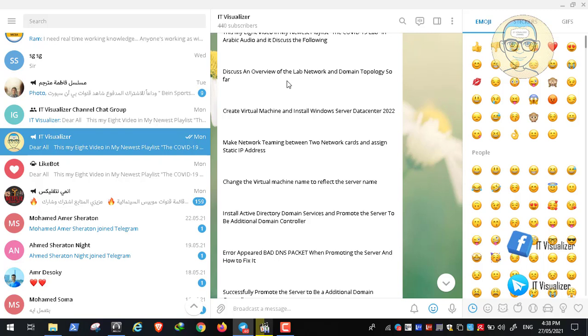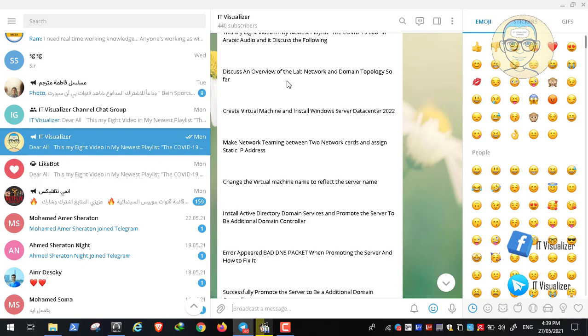We also discussed that we will create a second virtual machine that will be a second domain controller, a second DNS server and a second Windows server, and it will be a file server, WSUS and DHCP. And I discussed the best practice for creating a domain controller: it is best practice not to install anything or any server roles beside the domain controller. So have your file server on a separate server, your DHCP on a separate server, your WSUS on a separate server, and leave the domain controller on one server only. We discussed this in the previous video, and then we created a virtual machine and installed